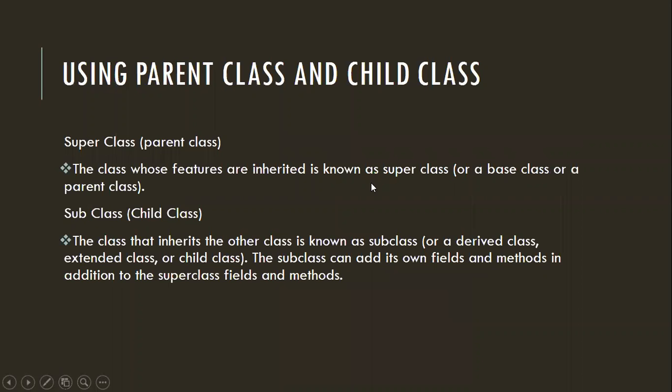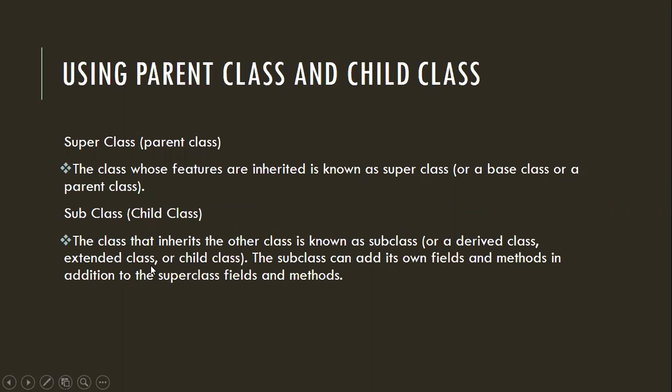For an example, මේ දේල තියෙන්නේ super class. එහෙම නැත්නම් parent class කියලා කියනවා. The class whose features are inherited is known as superclass. මෙයාගේ feature එකනේ අපි inherit කරලා ගන්නේ subclasses වලට. මෙයාට කියන්න පුළුවන් super class කියලා නැත්නම් base class කියලා නැත්නම් parent class කියලා. මේකෙන් ඉඳලා තමයි අපි features ටික inherit කරලා ගන්නේ sub classes වලට.